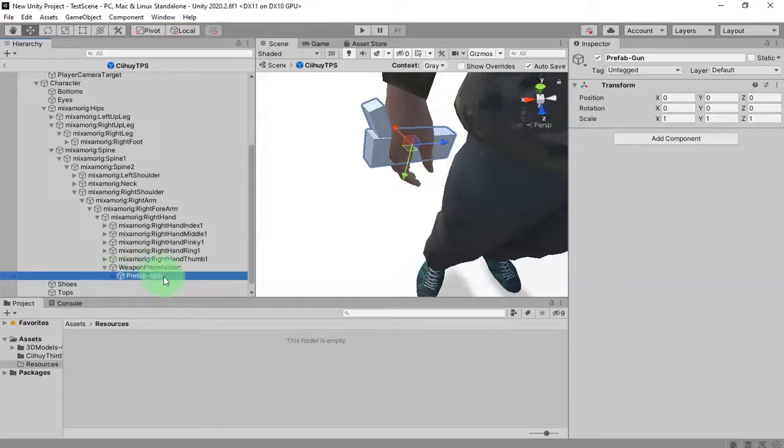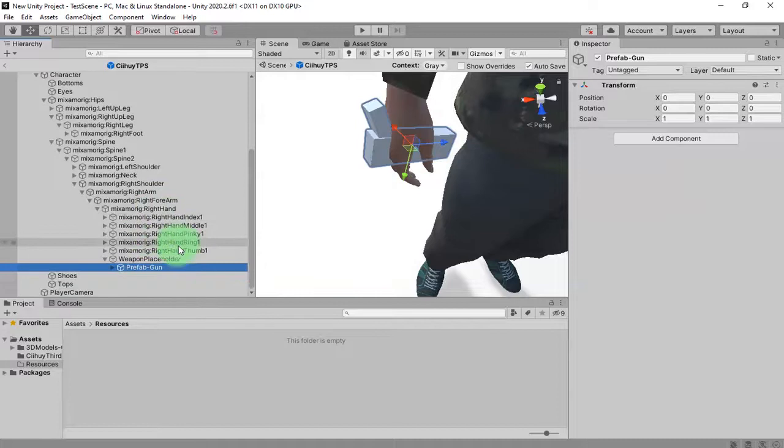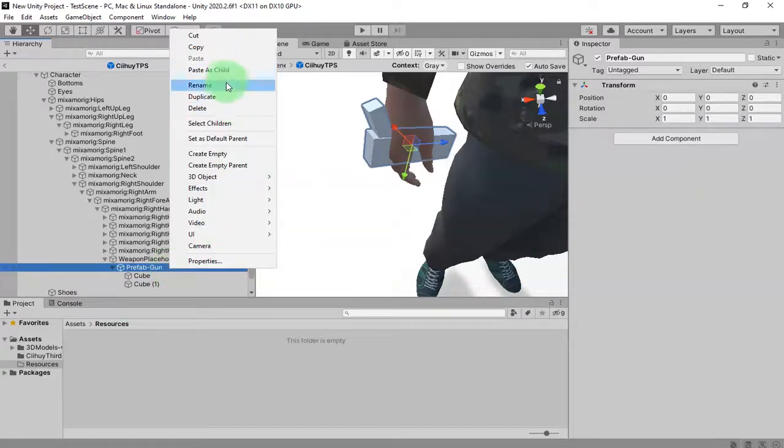Here, I need to go inside, and inside this prefab gun with this default value of position 000 and rotation 000, I need to create another child object here.